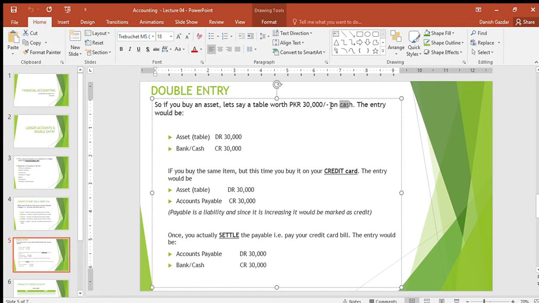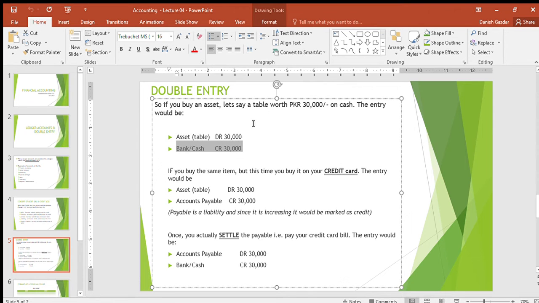So whenever you think of how the double entry would work, it would be asset debit. Why? Because the asset is increasing, and cash is credited because cash is decreasing. So this is the double entry for a simple